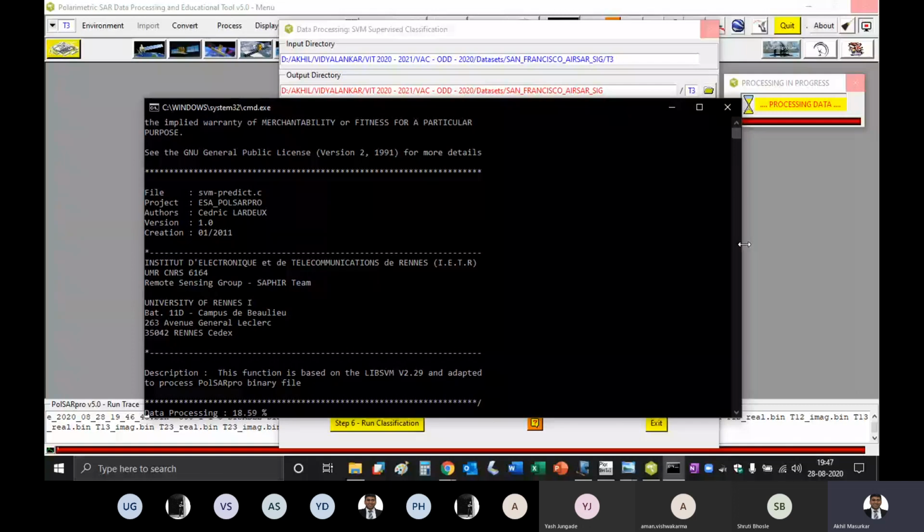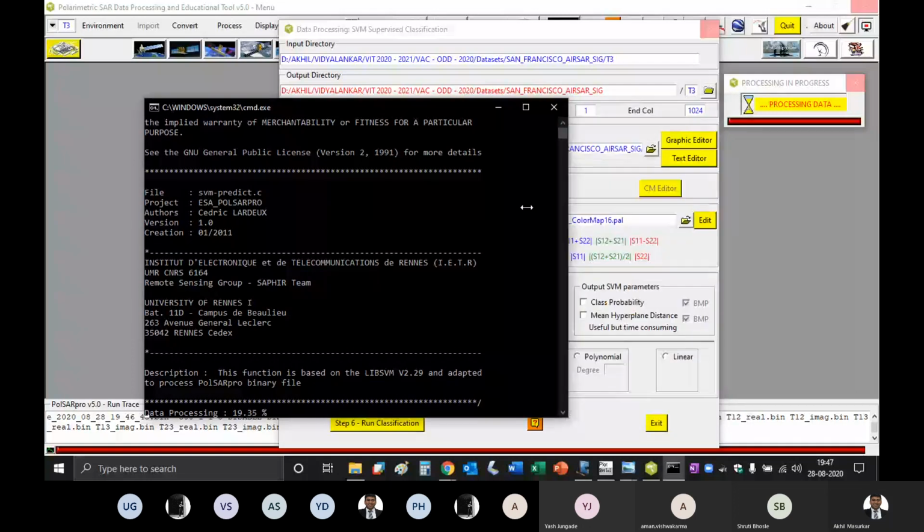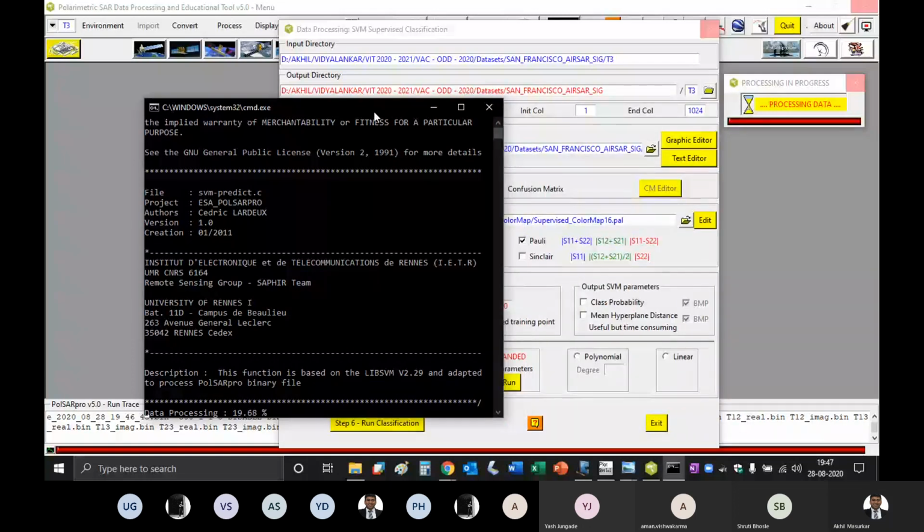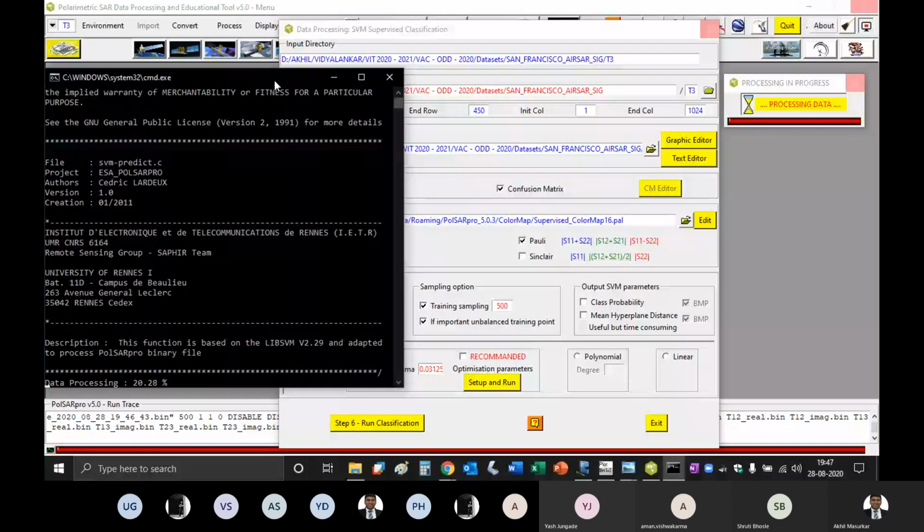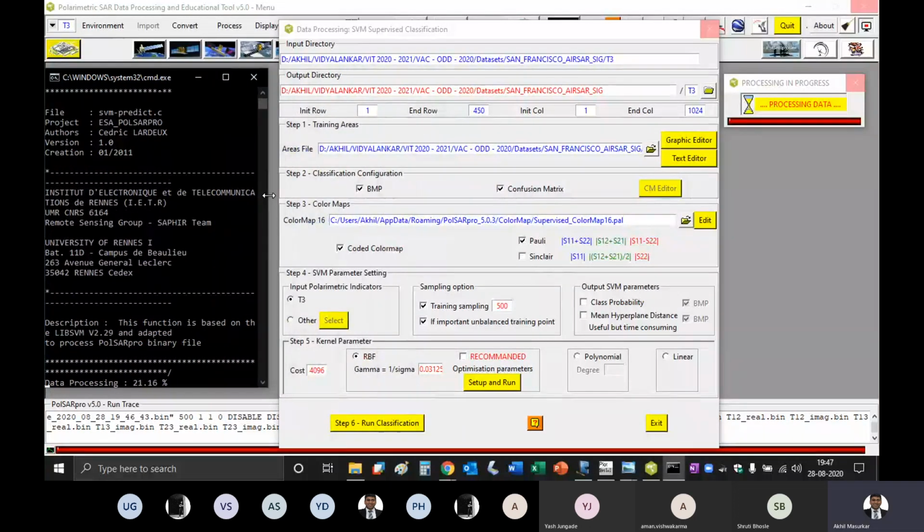Yeah, I can minimize the screen. I think this looks fine.